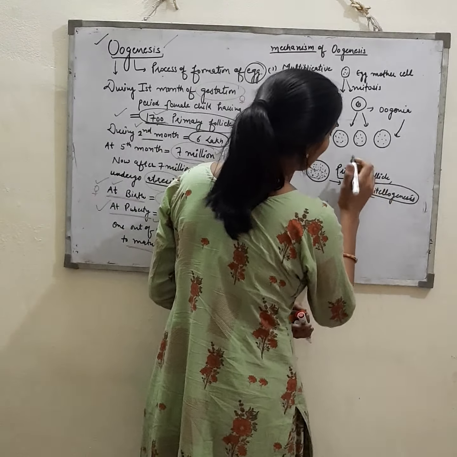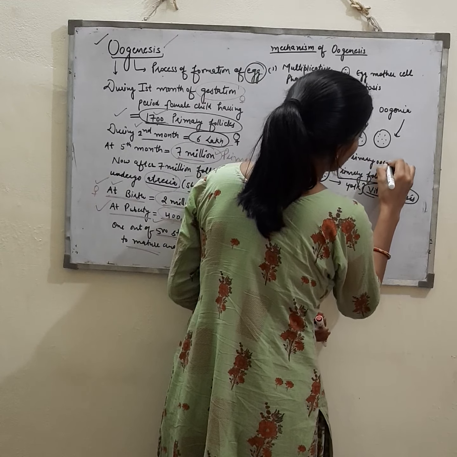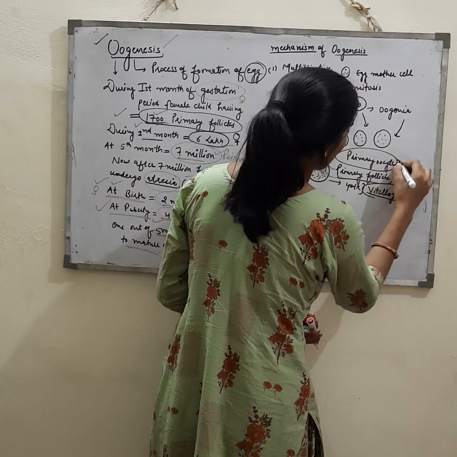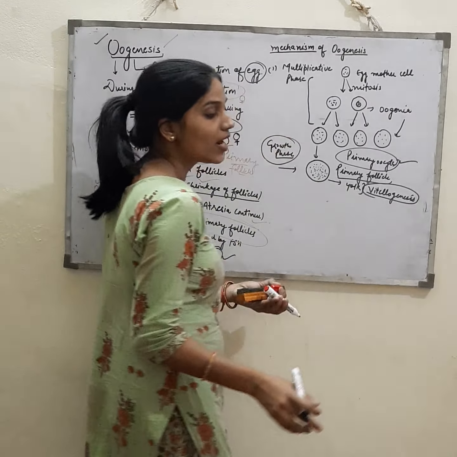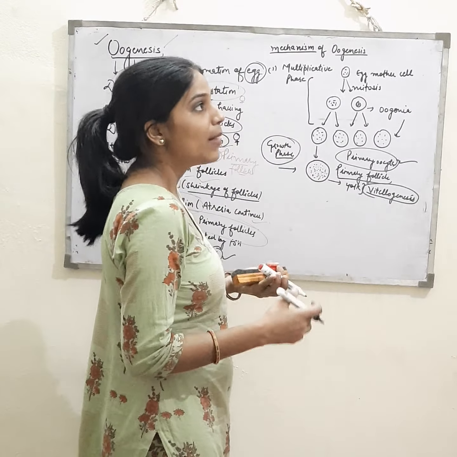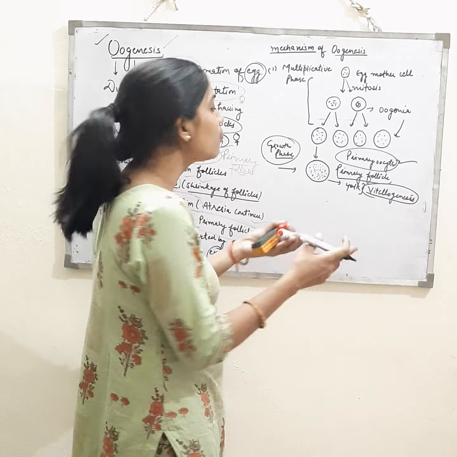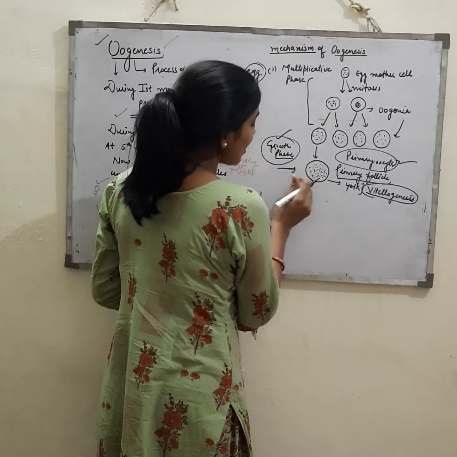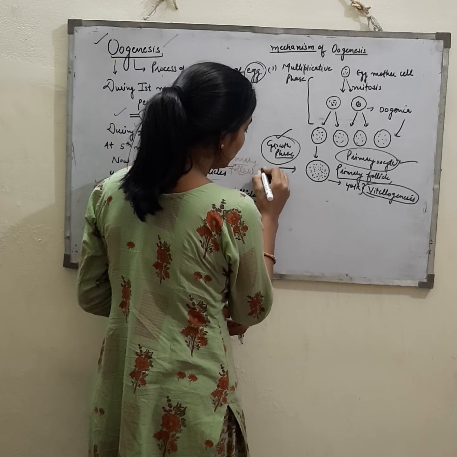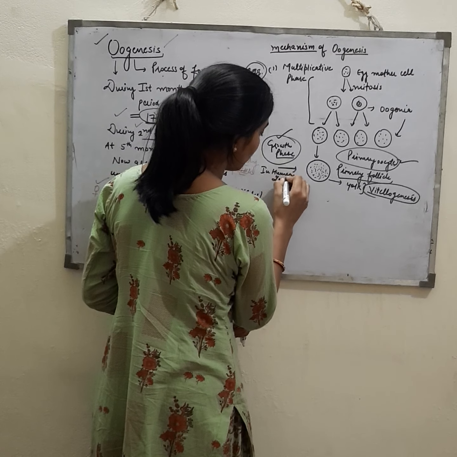The primary follicle, now we say this one is a primary oocyte. Its size increases. It contains all the things which are required for proper nourishment: mitochondria, Golgi body, ER, lampbrush chromosomes. Different species have different mechanisms in their growth phase. During this period the size increases. In human, the size increases about 200 times.